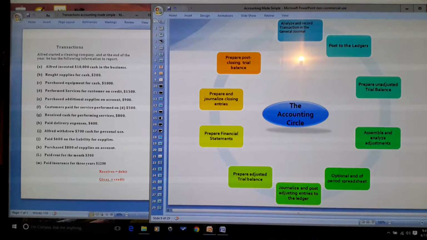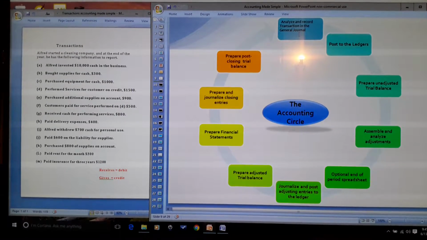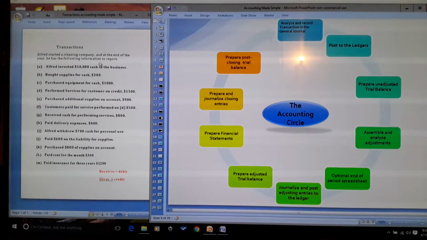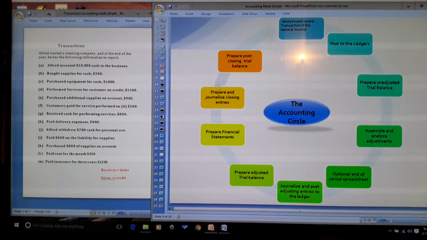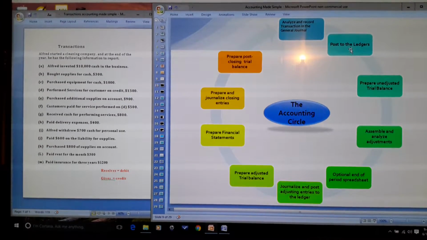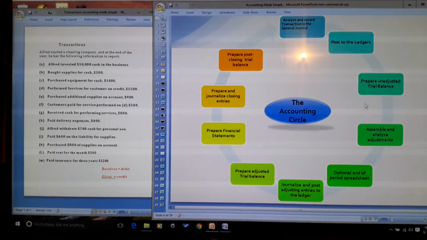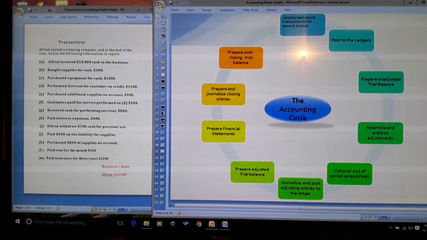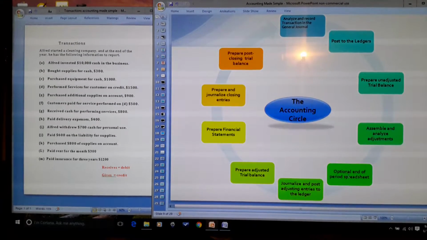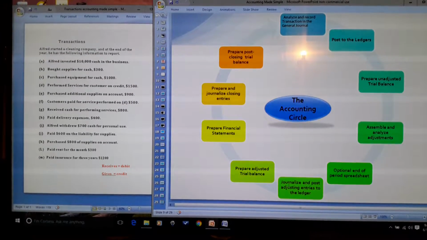We have the first: we have to analyze and record transactions in the general journal. These are the transactions that we are going to analyze and record to the general journal, and then we post to the ledgers. The ledgers are accounts that are just open based on these transactions. Then we prepare the unadjusted trial balance. Then we are going to assemble and analyze adjustments, and I'm going to show you an optional end of year spreadsheet, and journalize and post